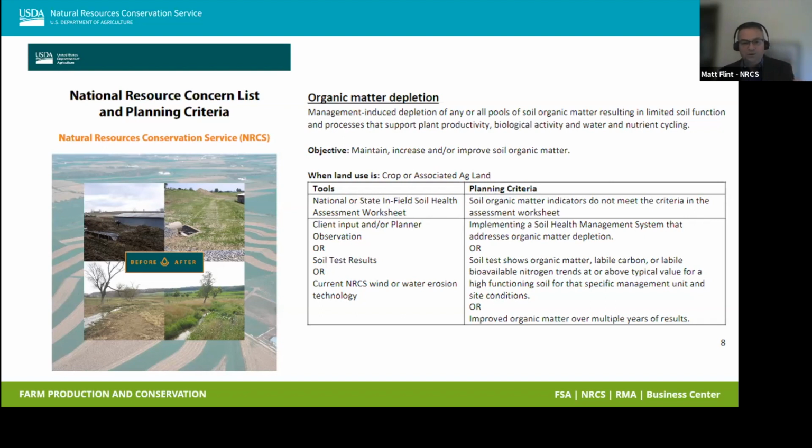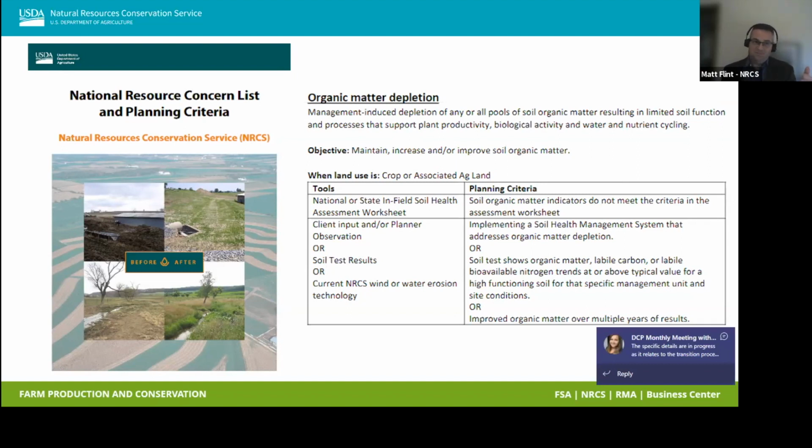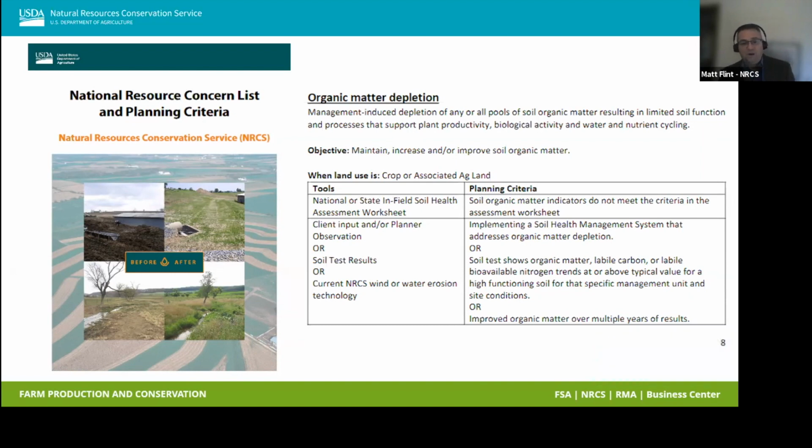There are tools to use. The tools are the national or state in-field soil health assessment worksheet, but also look at client input or planner observation. There are things we can notice by talking to the client. What do they have? What test results have they received? Dig a pit, look at the soil profile on the sharpshooter spade together. What do we see? Laboratory test results, or perhaps some kind of wind and water erosion technology that predicts a trend in organic matter